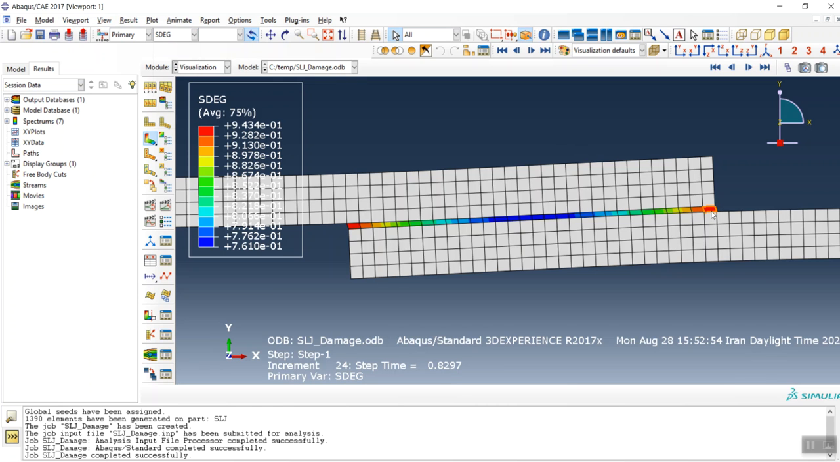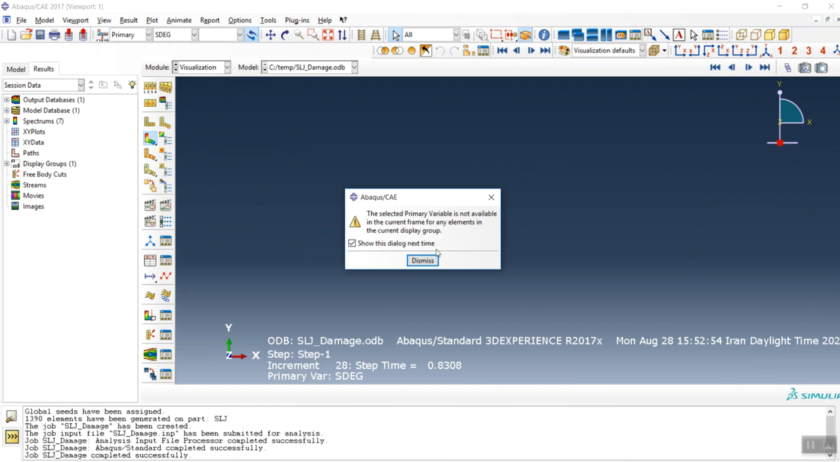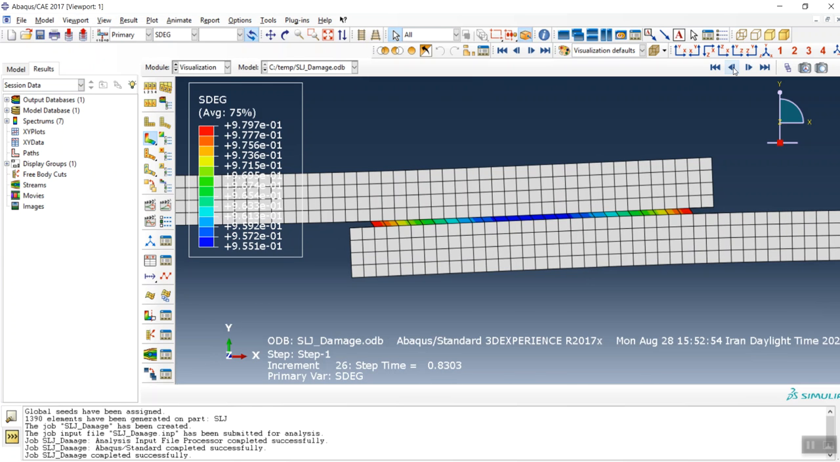Here, as you can see, the damage parameter in these elements is almost 0.94, and we entered 0.98 as the limit at which the element will be deleted. So you can see here, as it reaches 0.98, the element is deleted. Okay, but the most important part